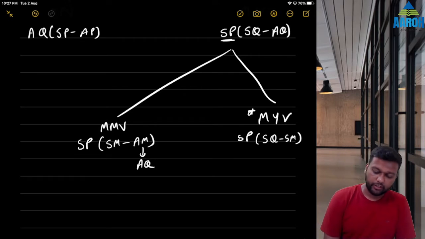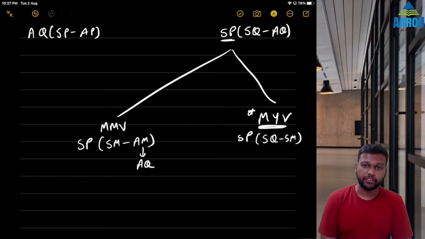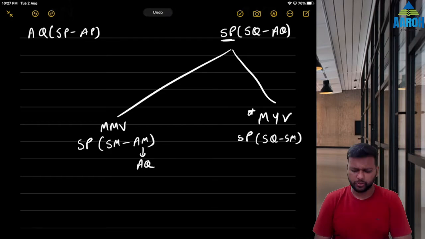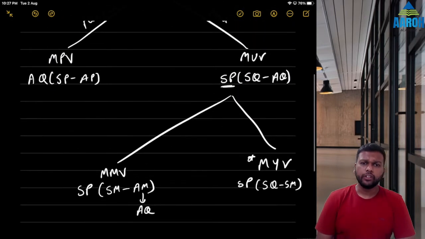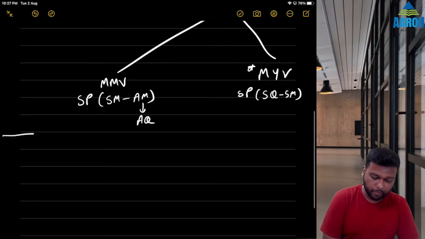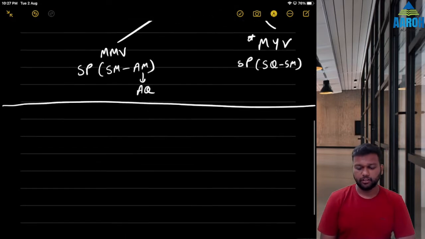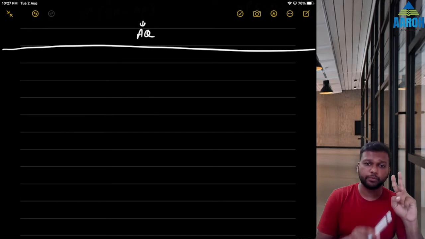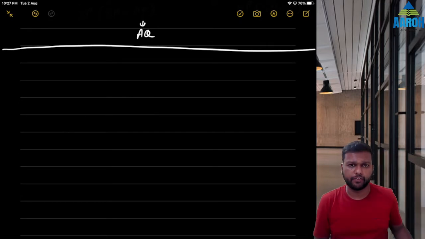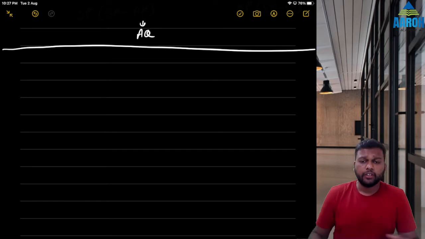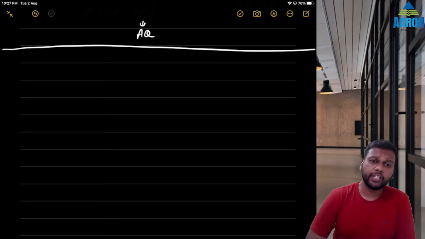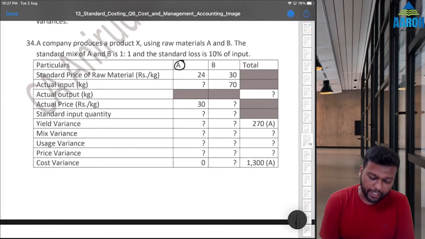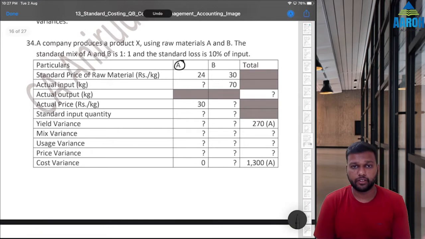Okay. I will someday explain the logic behind this formula also, but not now, not in this video. So whenever you see a question of material or labor variance, material variance is important first of all. Why? Because labor and variable overhead variances are both dependent on material variance. Formulas are similar. So whenever you see a question with 2 materials or 2 types of labor, you should